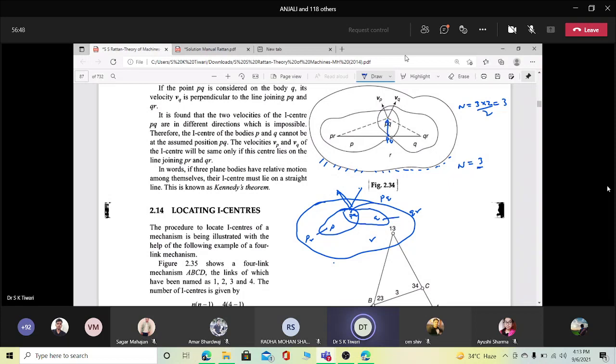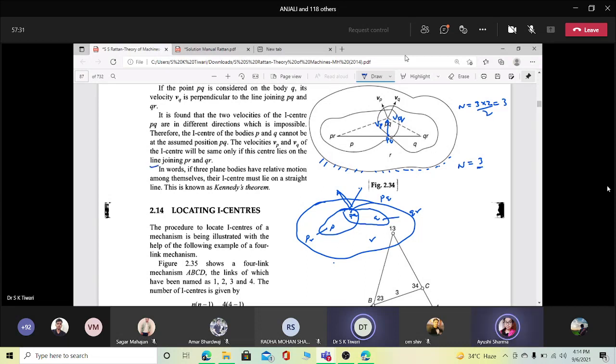ओके, अब एक आपने वेक्टर बनाया, इधर से देख रहे हो, यू आर सेइंग दिस इज द वेलोसिटी ऑफ क्यू, इधर से देख रहे हो आप कह रहे हो दिस इज द वेलोसिटी ऑफ पॉइंट पी, दोनों की डायरेक्शन एक ही है। यही होना भी चाहिए। पॉइंट एक ही है, आपका नजरिया अलग है। आप यहां से खड़े होकर बायस्ड होकर कह रहे हो ये बॉडी पी पे है, यहां से देख रहे हो कह रहे हो ये बॉडी क्यू पे है, लेकिन है तो एक ही। तो इसका मतलब क्या, अब अगर मैं थर्ड आई सेंटर को यहाँ पे मान लूं, तो चाहे मैं पी से बायस्ड होकर देखूं या क्यू से, डायरेक्शन एक ही रहेगी।